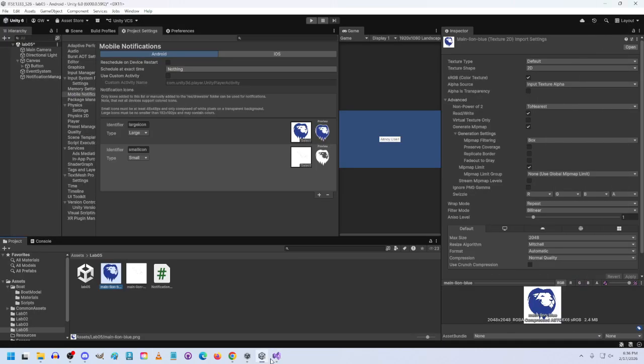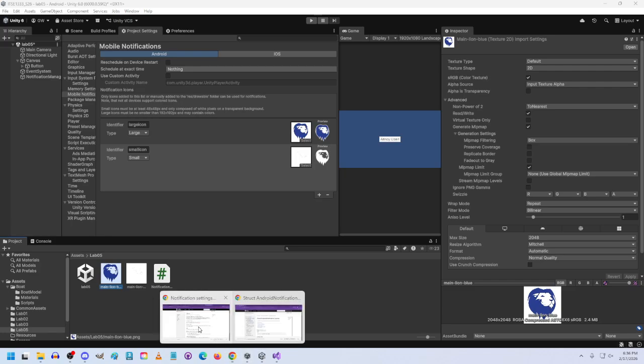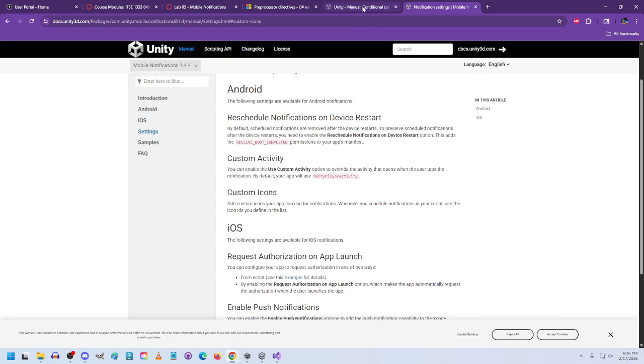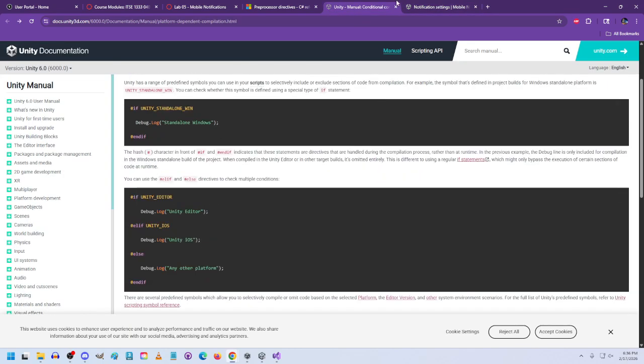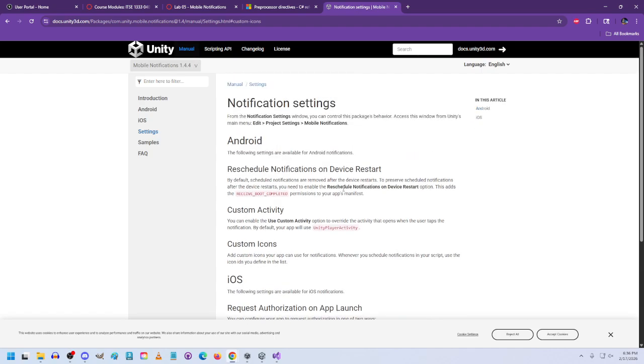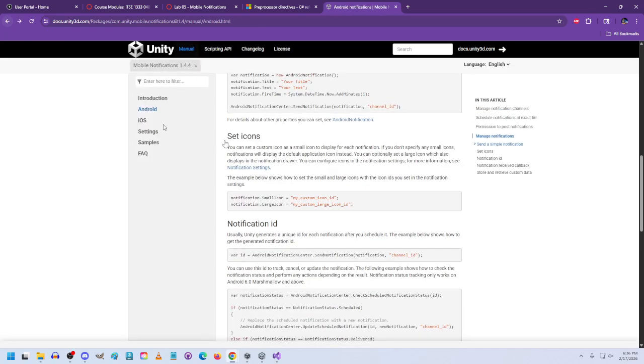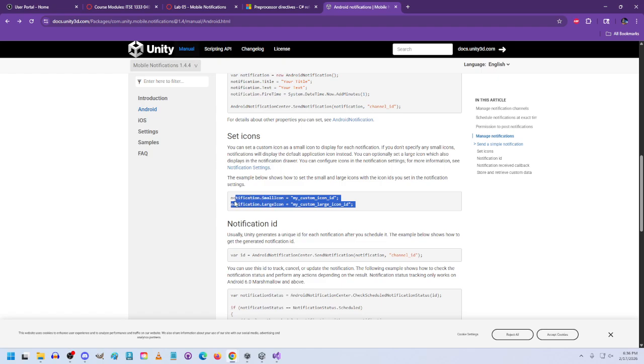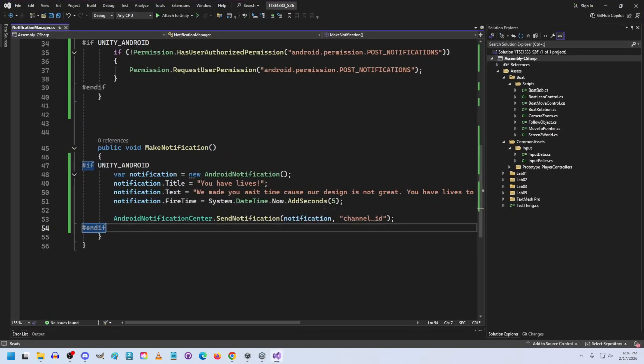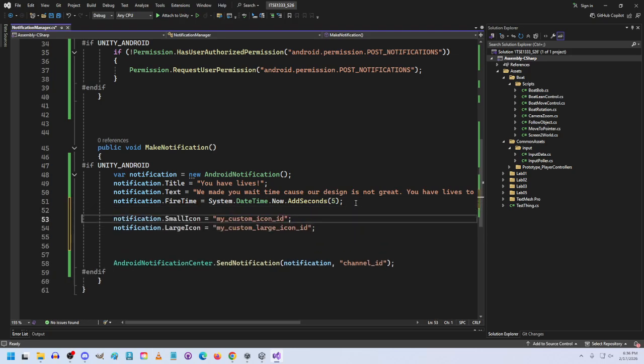Let's go grab the... That's not what I want. And we'll go in and go basically right after that. Small icon is going to be